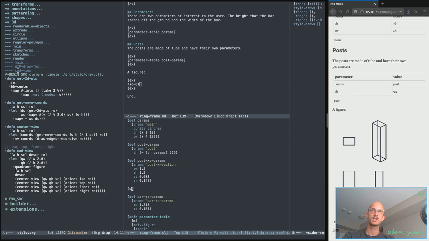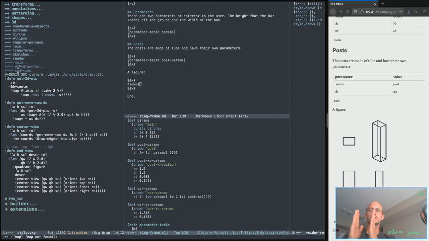And def bar params should be name bar params, and the width of the bar, or the length of the bar I should say, will be the width of the global params minus 2 times the thickness of the post cross section,